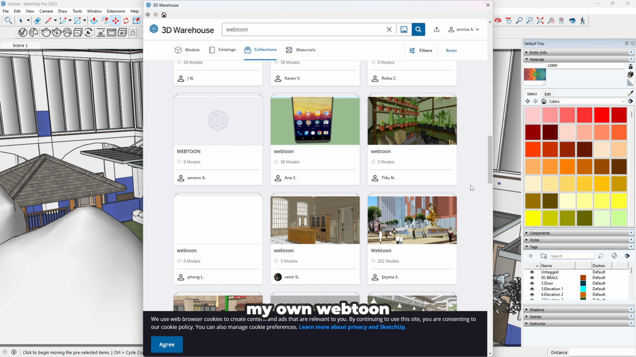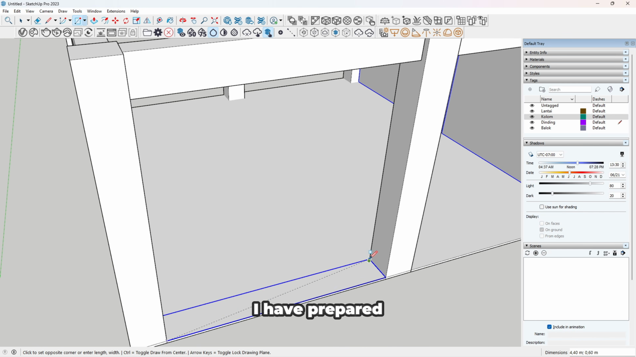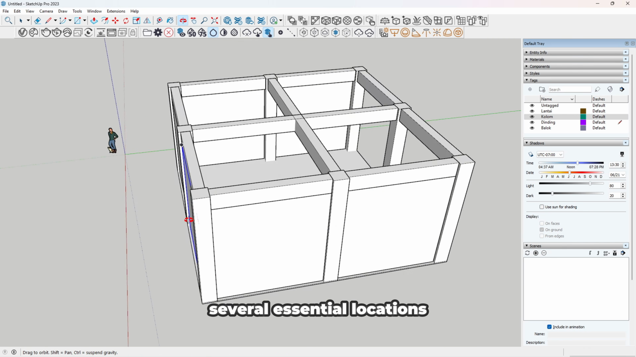designing my own Webtoon backgrounds. I have prepared several essential locations that will be used throughout